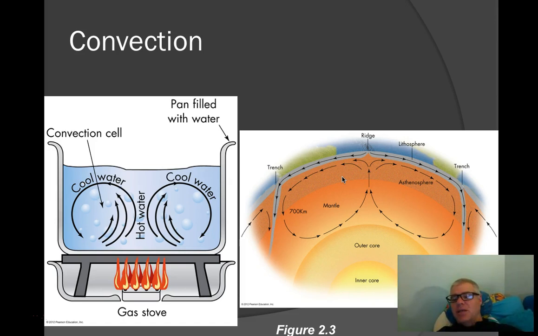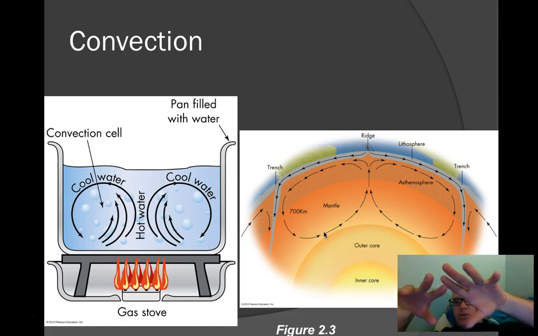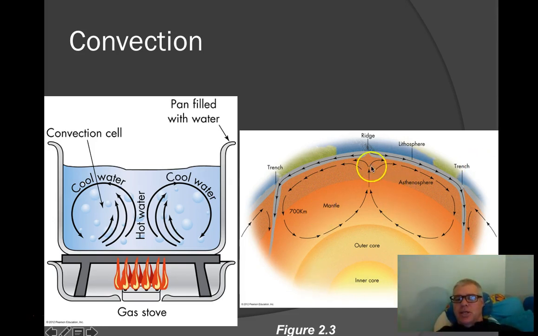And the reason why these plates move around and bump into each other has to do with the fact that different parts of the inside of the Earth are hot, and are differentially hot. The temperature varies in different parts of the interior of the Earth, and this sets up what are called convection cells, where places that are warmer, the energy there rises and moves the Earth's material upward, and then where it's colder, it tends to sink back down.